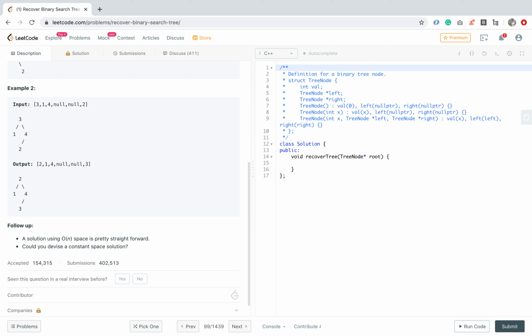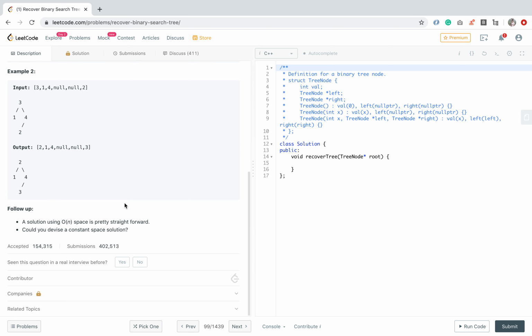So how can we do that? Basically we have to maintain three pointers: the first element which is not in position, the next element of the first, and the last one. If first and last exist we have to swap them; if last doesn't exist we have to swap the first and the next of the first.